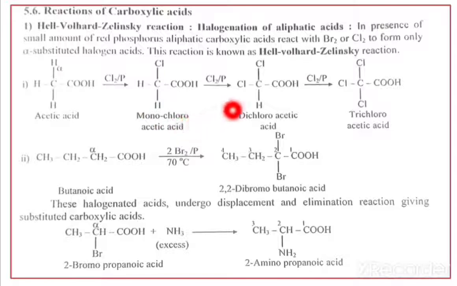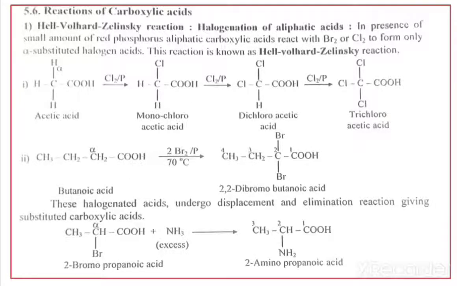Now in next step, again we add red phosphorus, that means Cl2 in presence of phosphorus. Again the replacement of the second hydrogen by chlorine. Here we get the dichloroacetic acid. Now in next step, again we add Cl2 in presence of phosphorus, that means the replacement of this third hydrogen by chlorine. Here we get the trichloroacetic acid. That means in this way we replace all these 3 hydrogen by chlorine and we get the trichloroacetic acid. This is nothing but the halogenation of aliphatic acid, and we call it as the